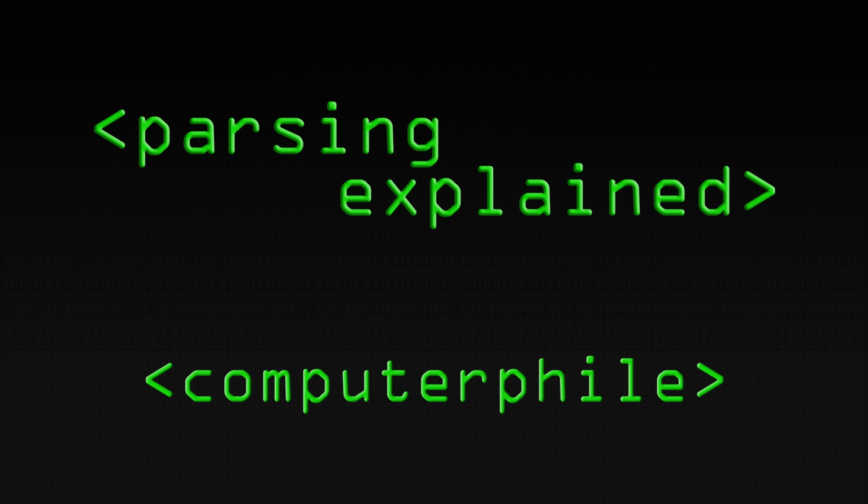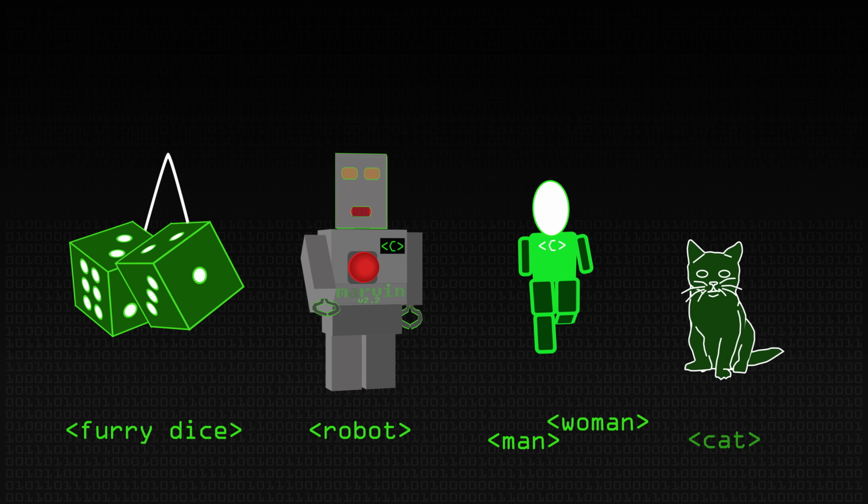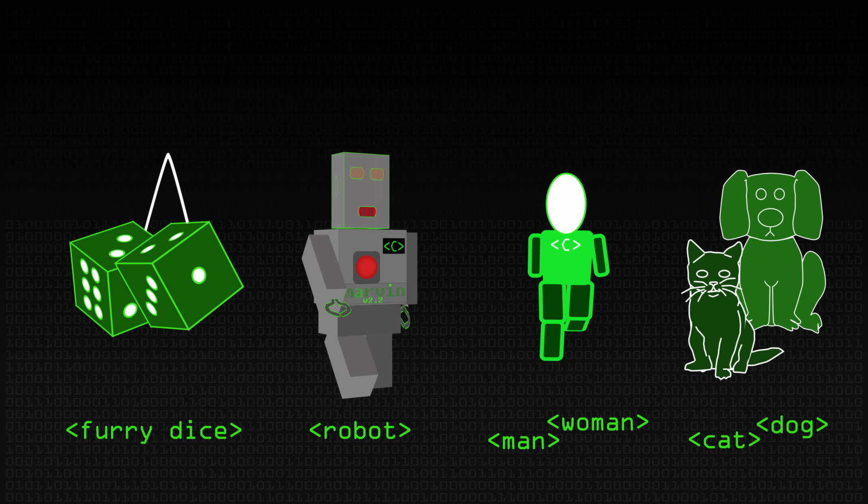Well, I have drawn up here a language involving furry dice and robots and people, men and women and cats and dogs, and they can bite, they can stroke, they can whatever. And I thought that little grammar, which I'll walk you through, is capable of generating between 200 and 300 sentences. And they are all valid English. But there's no way it captures the spirit of English.